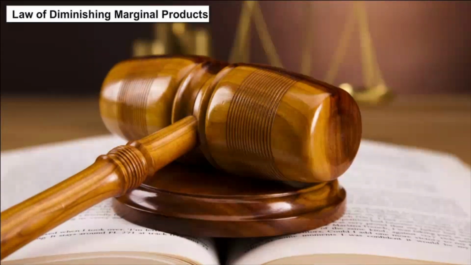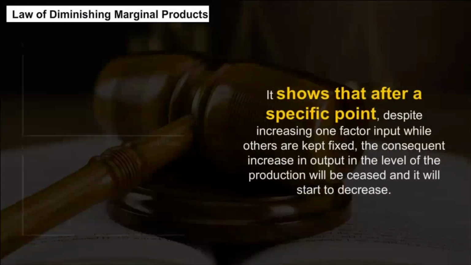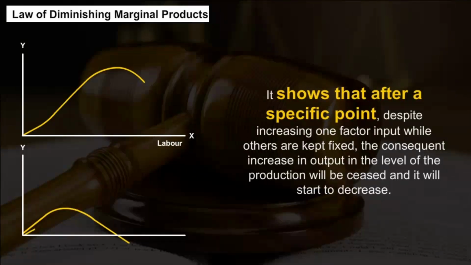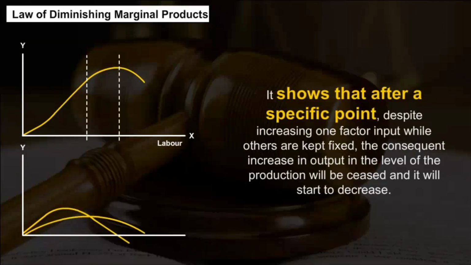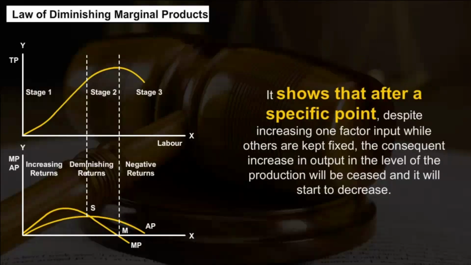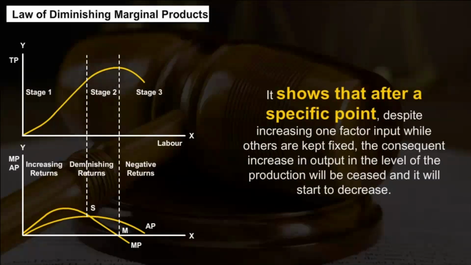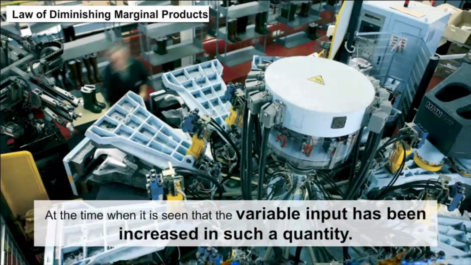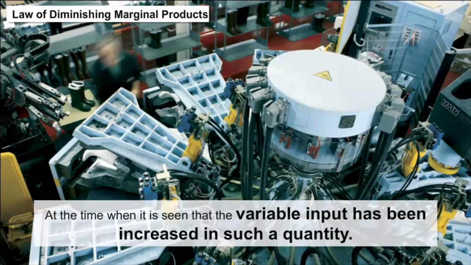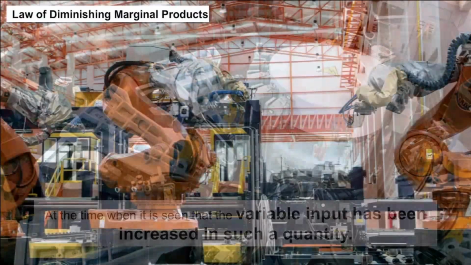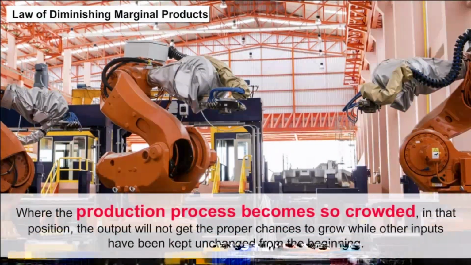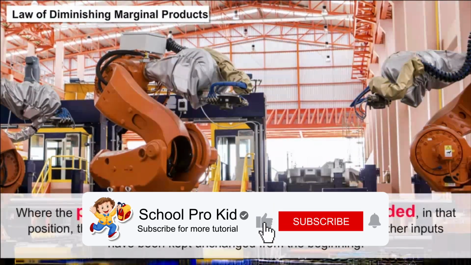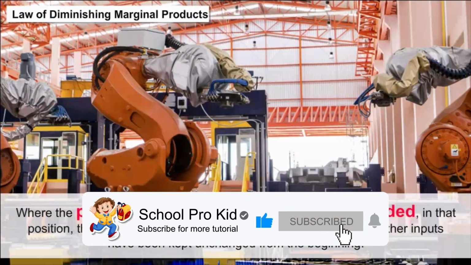Law of diminishing marginal products. It shows that after a specific point, despite increasing one factor input, while others are kept fixed, the consequent increase in output in the level of the production will cease and it will start to decrease. At the time when it is seen that the variable input has been increased in such a quantity where the production process becomes so crowded, in that position, the output will not get the proper chances to grow while other inputs have been kept